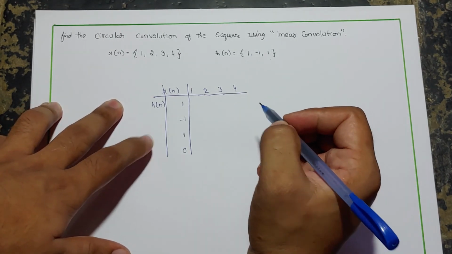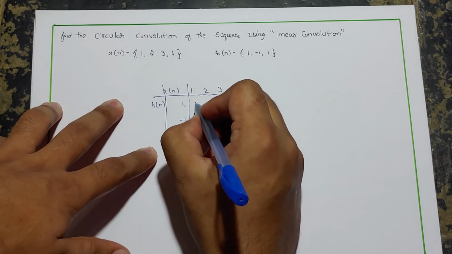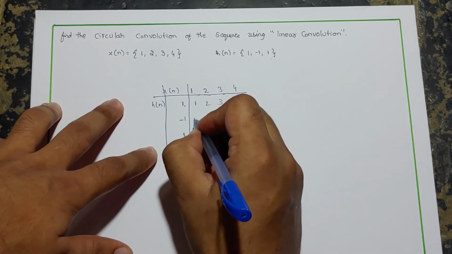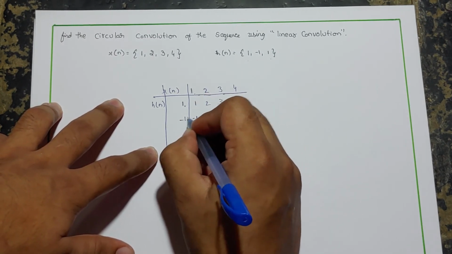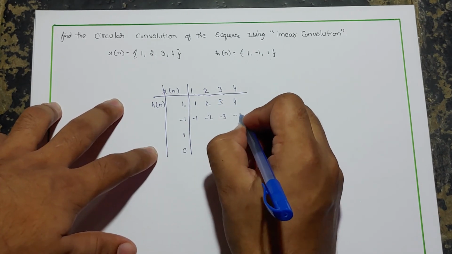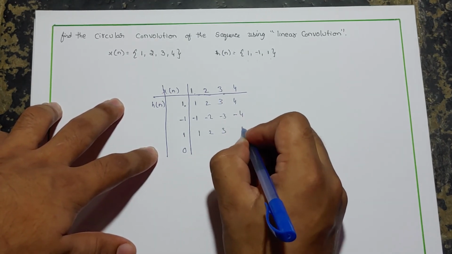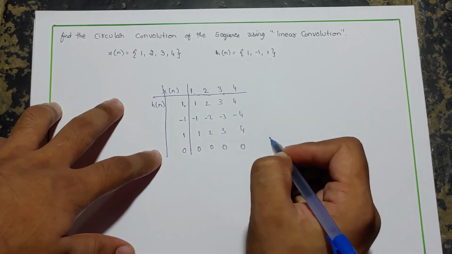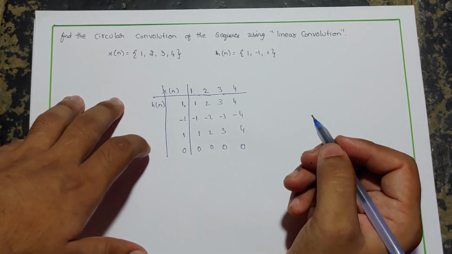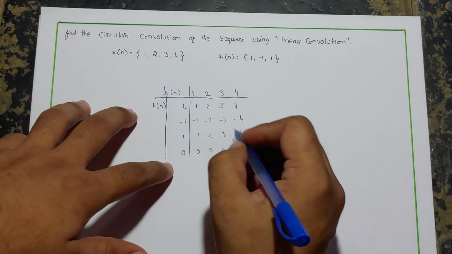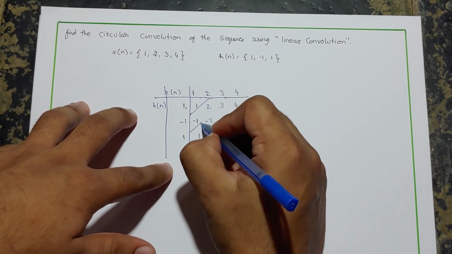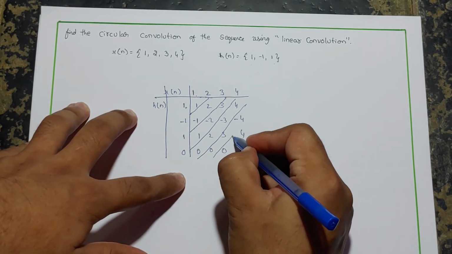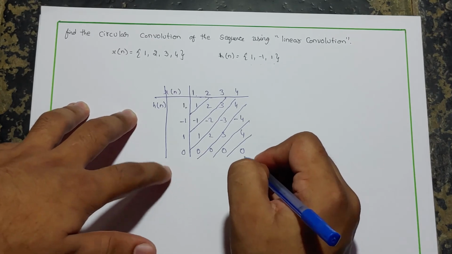Now we have to do a multiplication, that is 1 times 1, which is 1, 1 times 2, 1 times 3 and 1 times 4, minus 1 times 1, which is minus 1, minus 2, minus 3 and minus 4. 1, 2, 3, 4. 0, anything multiplied with 0 results in 0. Now we have to separate these values in such a way that we will end up with the sequence, that is first 2 values, 3 values, 4 values, and reduce them to 3, 2 and 1.